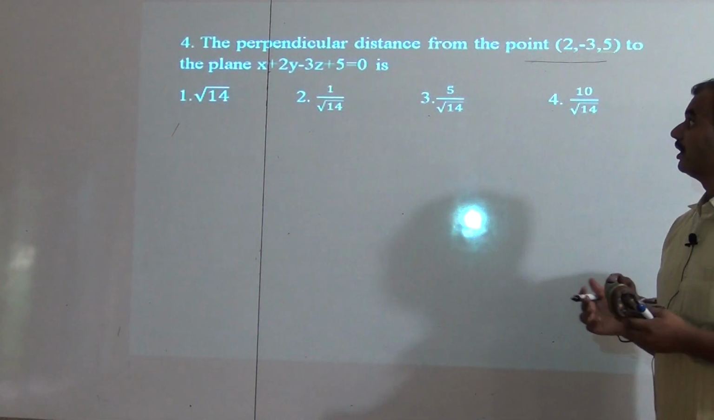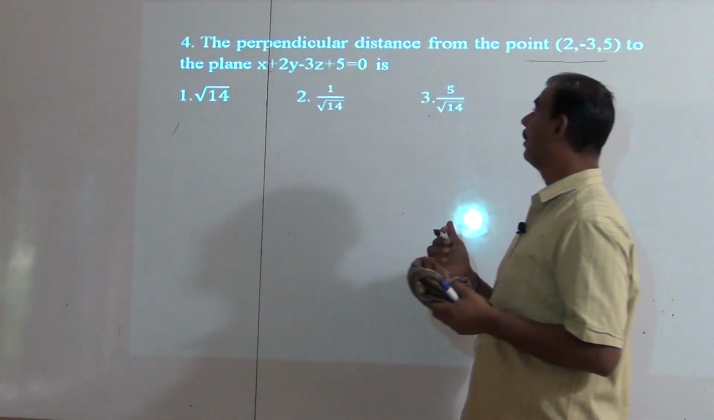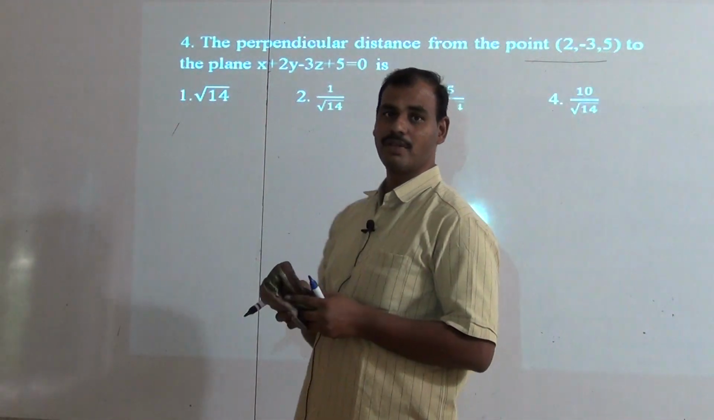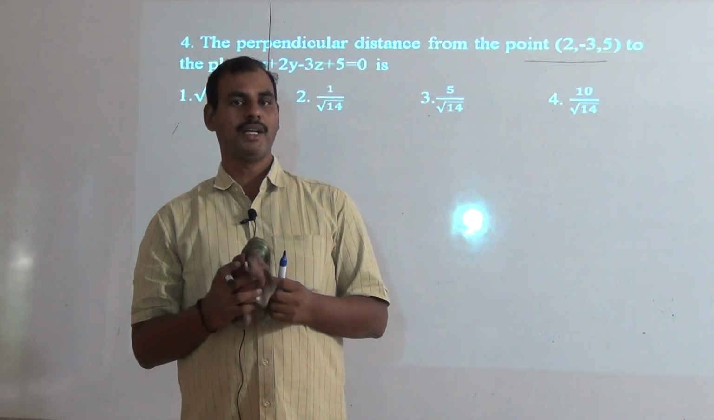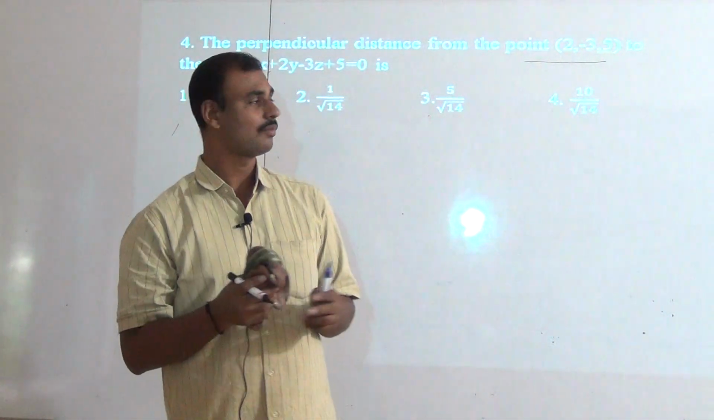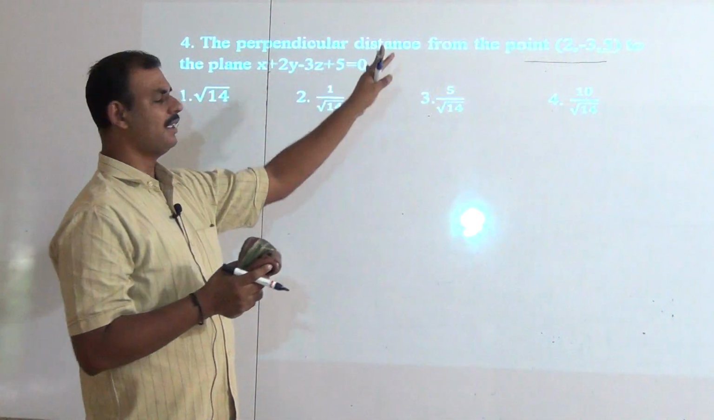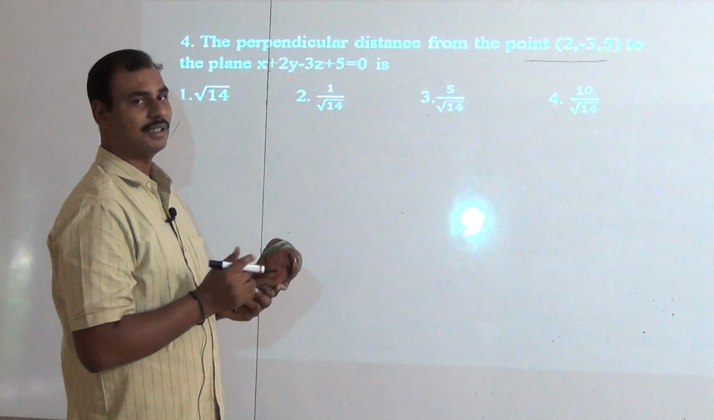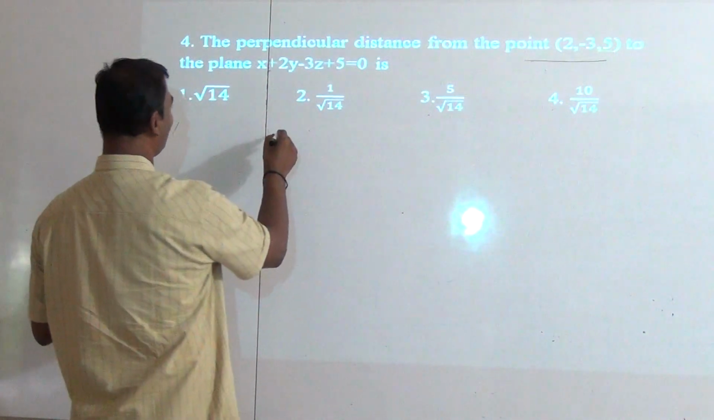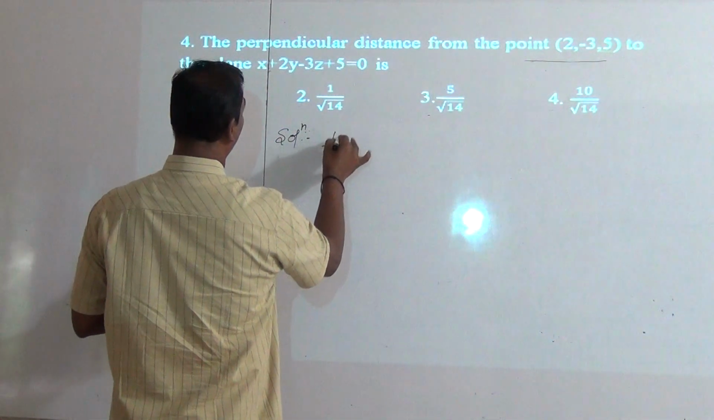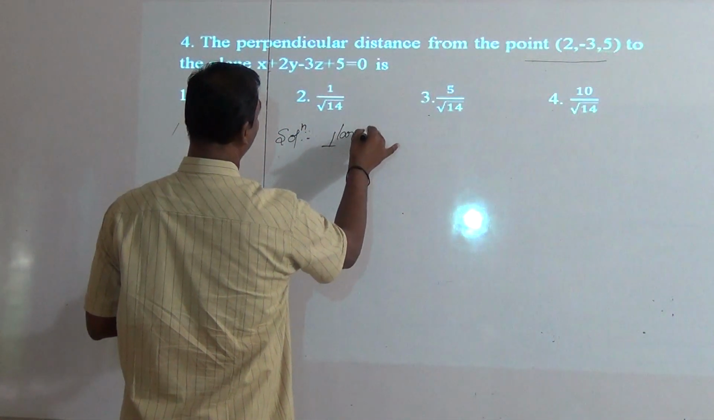So fourth question, the perpendicular distance from the point. Just now what is completed? Perpendicular distance from the origin to the plane. This is any point, not only the origin, any point is given. So what is the formula? For this fourth bit, perpendicular distance,